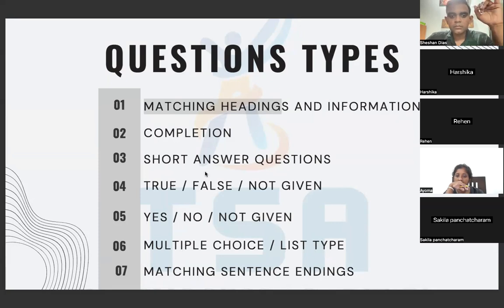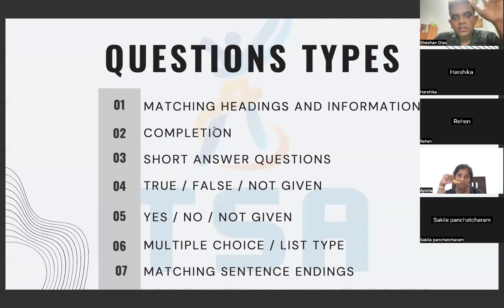Okay. All right, guys. So these are the main types of questions. And like I was saying, yes, we'll do a question answer at the end. Don't worry. So like I was saying, there are 2 types of matching heading questions. One type is that they will directly give you the paragraph and then they will tell you to find a heading, right? They will directly ask you, read paragraph A and find the correct heading. Read paragraph B and find the correct heading. Do you understand what I mean?